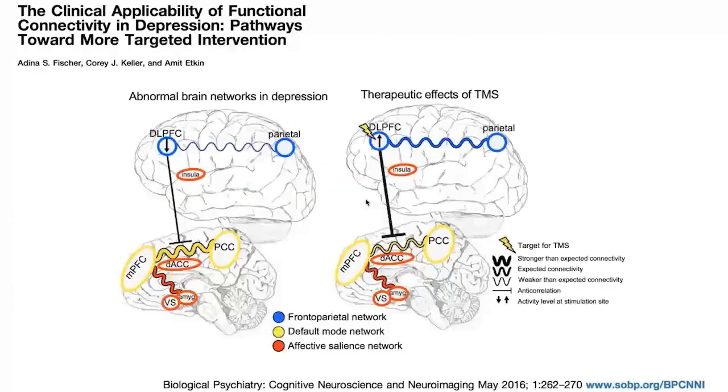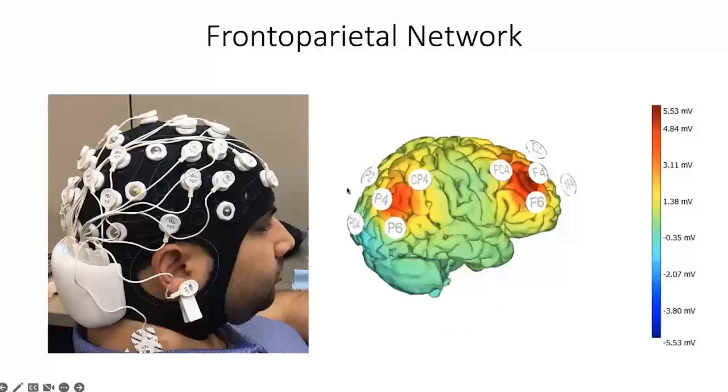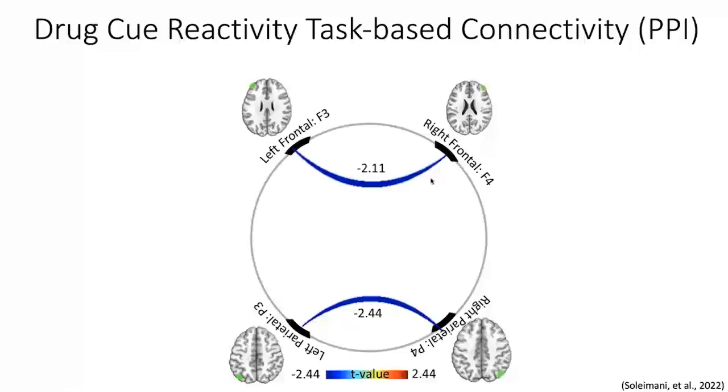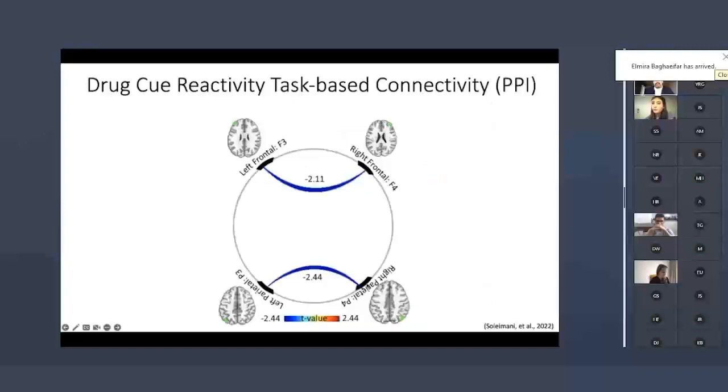And when we talk about targets, there are different targets that are potentially important for what we are going to do. As you can imagine, there are many areas or networks that people are interested in targeting, not only in addiction, but in other areas of psychiatry. One of those targets, for example, is the frontoparietal network, and we have been trying to see how we can engage the frontoparietal network. But we realize that when we go for classic F4, P4 montages, we do not have the connection that we have been expecting.